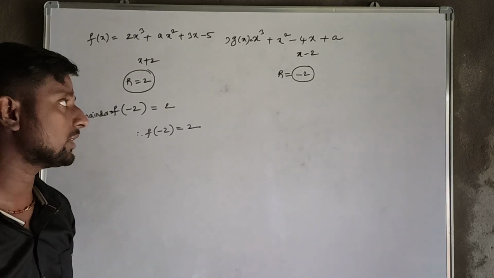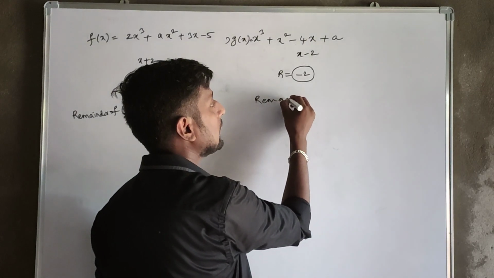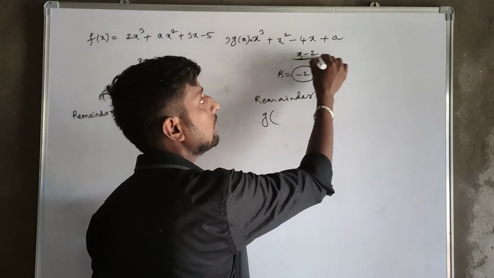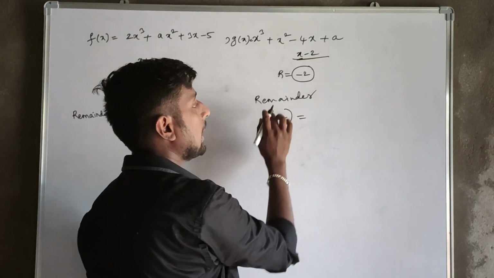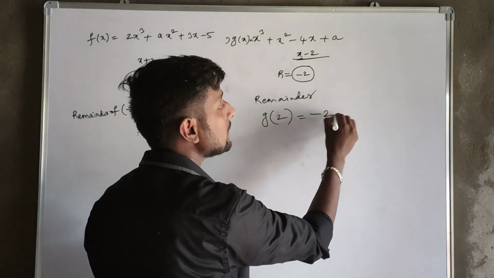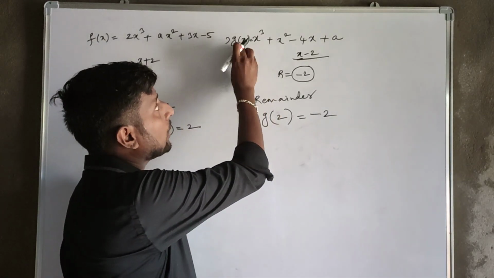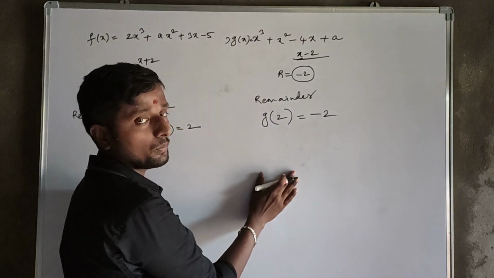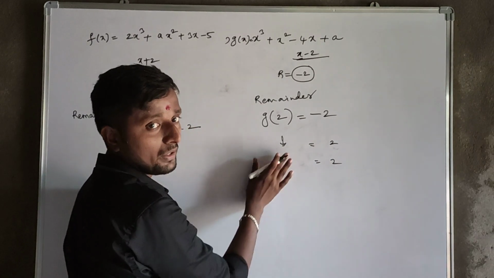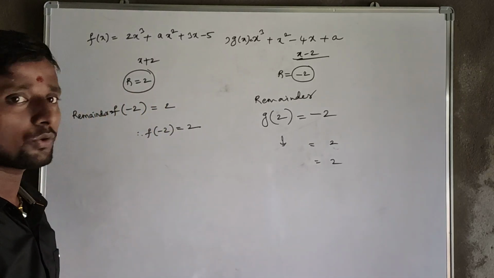We'll simplify again. Now here, as per the remainder theorem, the remainder is g of 2. Actually g of 2 is the remainder, but the remainder value is already given, that is minus 2. So g of 2 is nothing but substituting 2 in the polynomial g of x. On this side we use substitution, and the minus 2 as it is we write. Whenever we get constant terms, we simplify them. At least you can try.